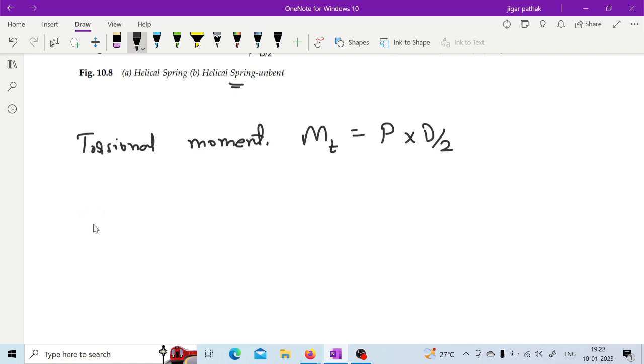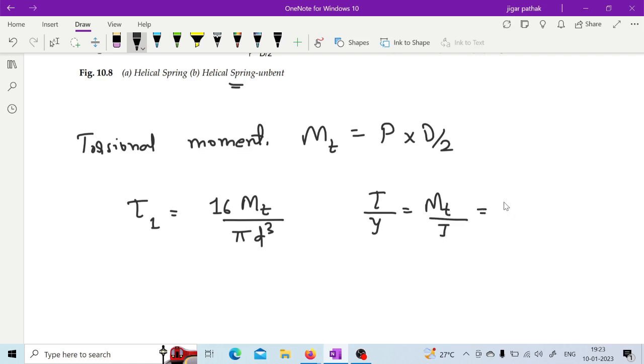So once you have the torsional moment with you, then from the theory of pure torsion, you know how stress is related to this torsional moment, right? This stress can be given by 16 times T upon pi d cube. You know from where it has come. It has come from tau upon y is equal to Mt upon J, is equal to G theta by L, right? So this is the theory of pure torsion. So from this you can calculate what is the shear stress developed because of this torsional moment,